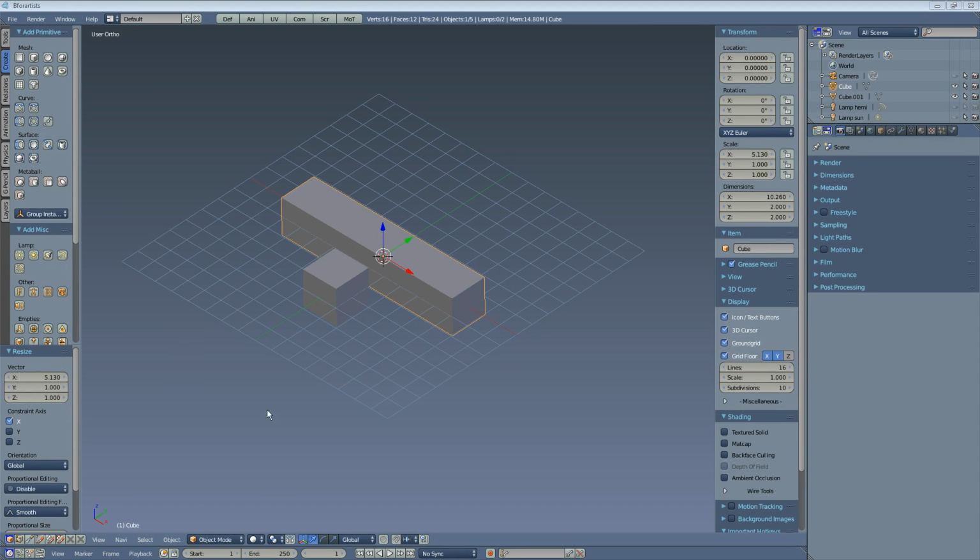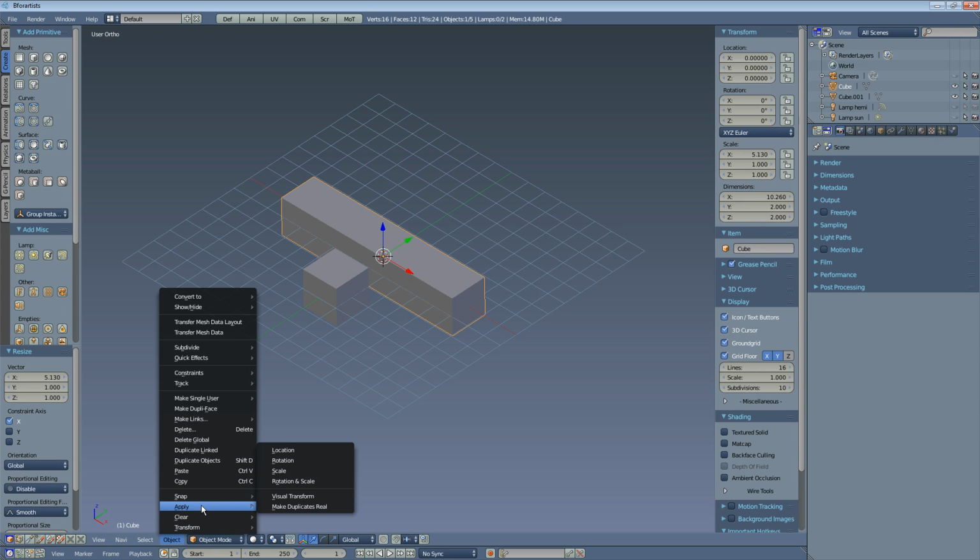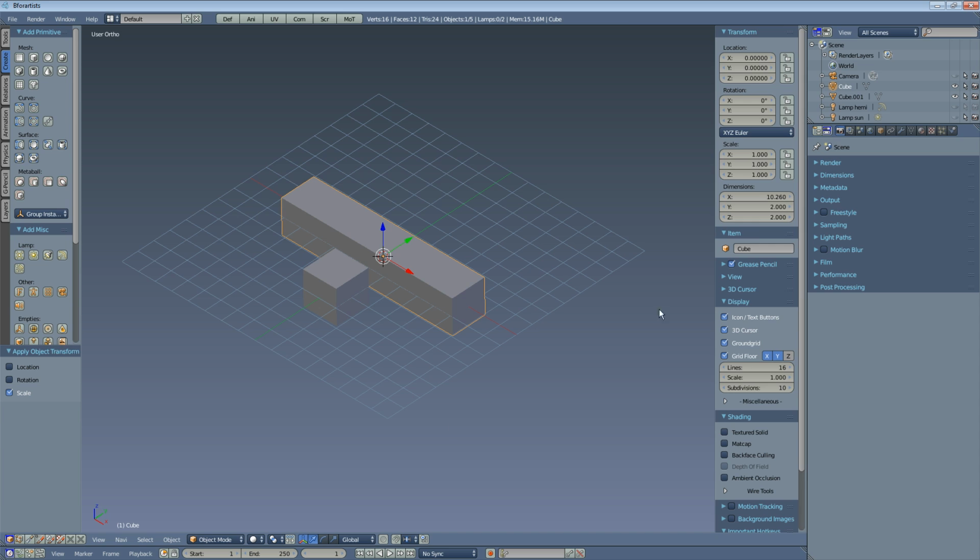Now let's apply scale again. Apply scale resets the scale values to 1 without changing the size of the geometry. Apply, also Object, Apply, Scale, and then our values are 1 again. The dimensions are still the same. When you scale now again,